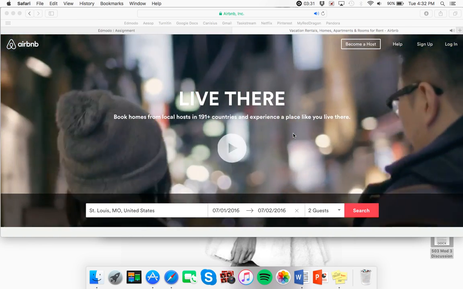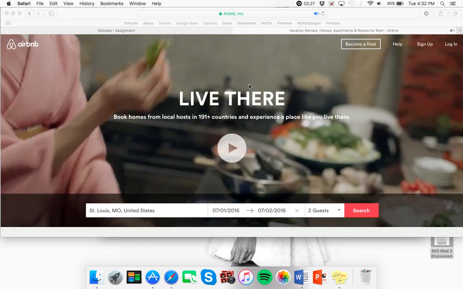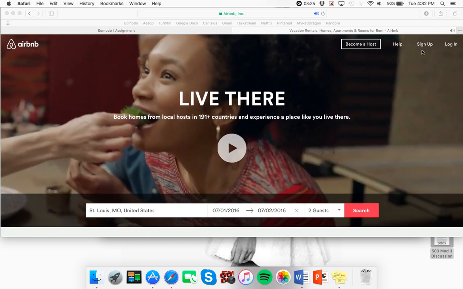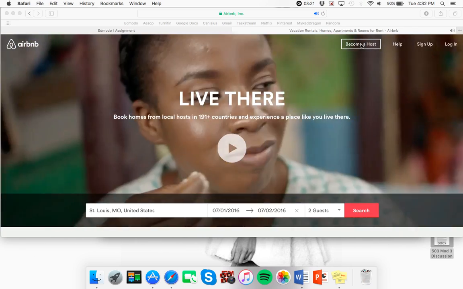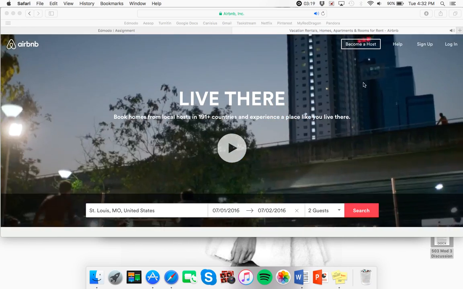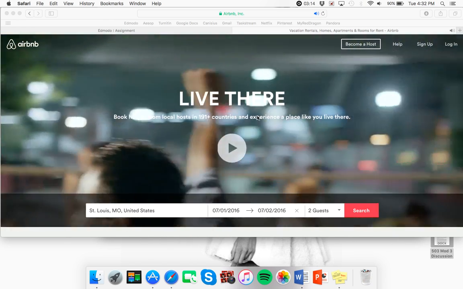So this is the homepage. Go to airbnb.com. This is what it brings you to. If you have an account, you can sign up if you don't have one, or you can log in. There's also an option to become a host if you want to put your apartment up for rent. But if you're just searching